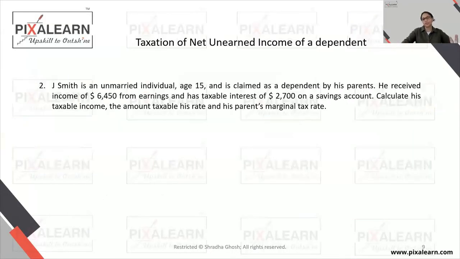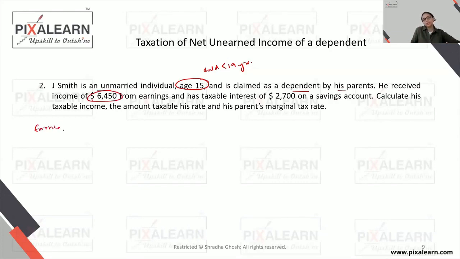Okay, let's take a question. I think it's a very good question. And if you understand this question, you would have understood both the provisions really well. The call of the question is, J. Smith is an unmarried individual who's 15 years of age and is claimed as a dependent by his parents. So I know he's a child who is less than 19 years of age. So that child is a child that we're looking at as far as the standard deduction and kiddie tax are concerned. He received an income of 6,